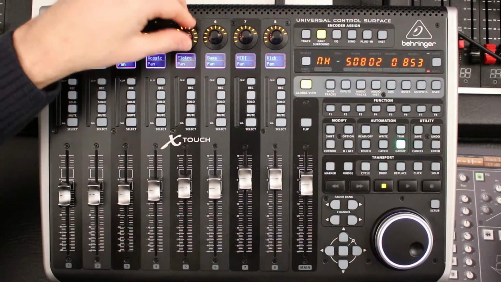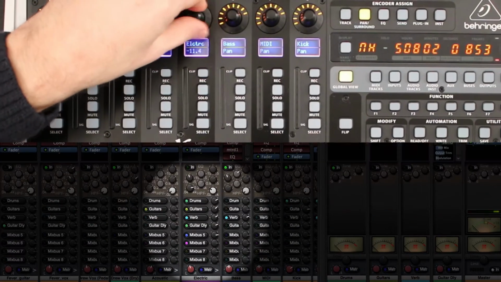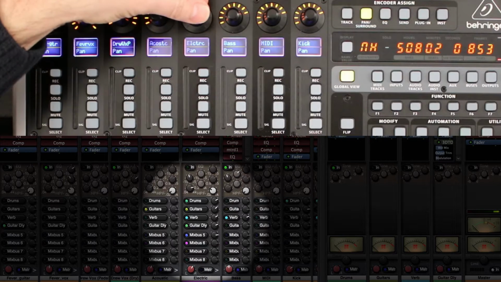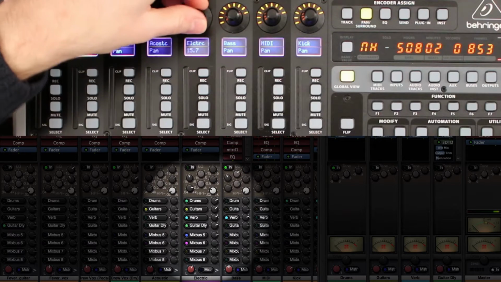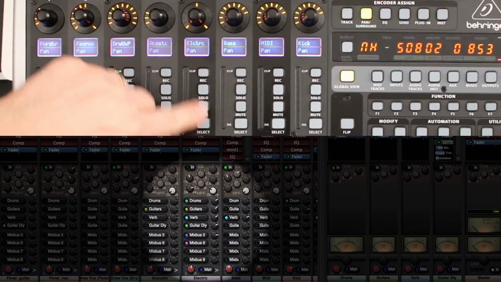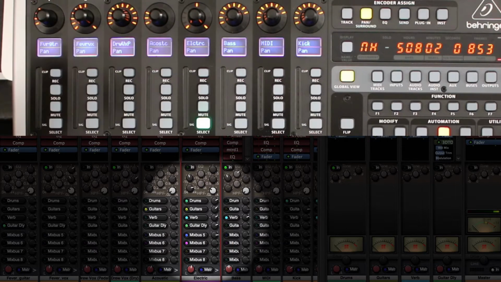So let's dive into some of the really cool features we can do with Mixbus and this Mackie control protocol. If you look at the channel strip on the screen, you see that I'm controlling the pan here. But what I didn't mention is that by pushing this knob, I can turn the master bus assign on and off. Now let's get into the EQ and compressors. If I want to adjust those, I've got to press the select button.